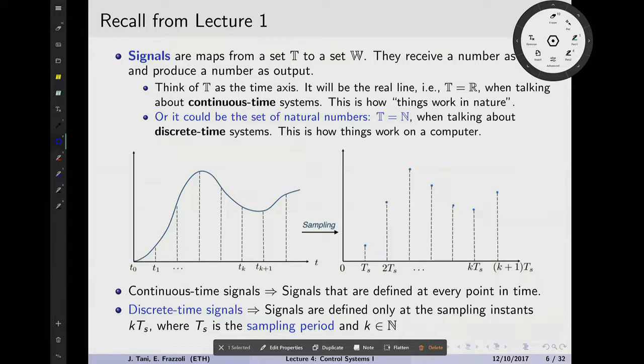Before continuing our analysis, if you remember, from I think slide number 7 in the first lecture, we said, what is a signal? A signal is a mapping between two sets of numbers, right? And imagine the set from where you pick the numbers, like the time set. If it's continuous, then you have continuous time descriptions, and that's what we've been talking about up to now, which is how nature works. But it's even possible that this first set is not continuous, it's discrete. Imagine the set of natural numbers, 1, 2, 3, 4, there's no 1.1, there's nothing in the middle.